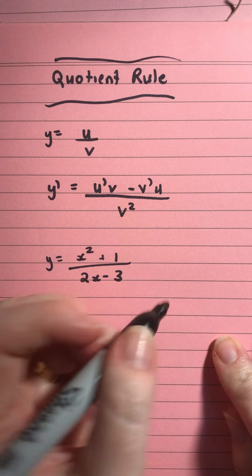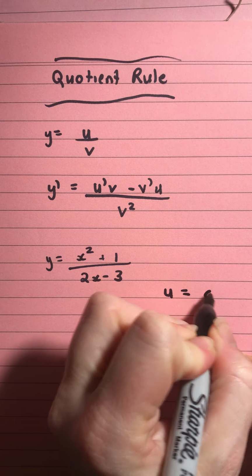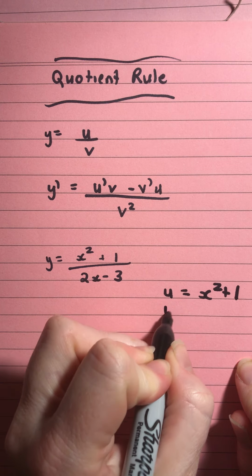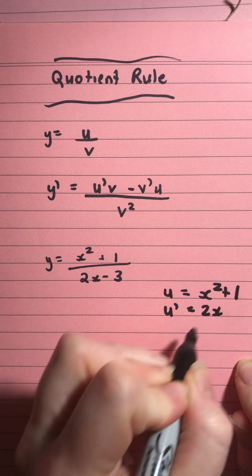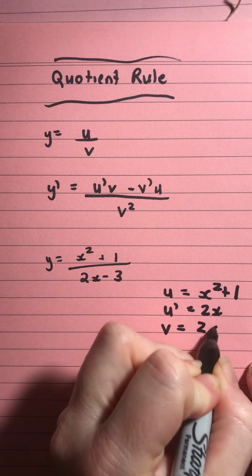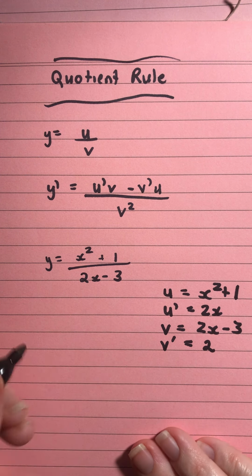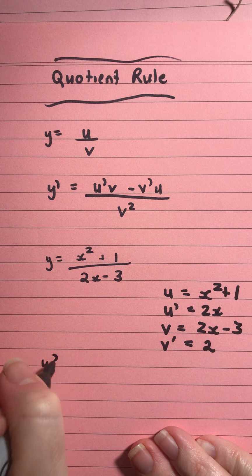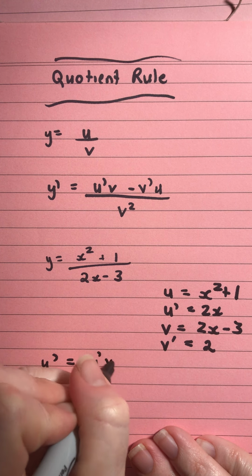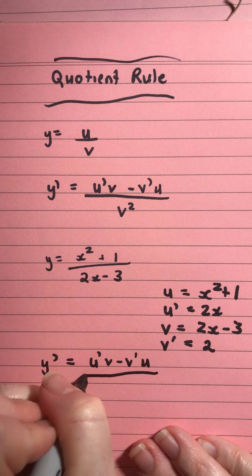So first step, I'm going to write u is equal to x squared plus 1. So my u dash is going to equal 2x. My v is equal to 2x minus 3. So my v dash is going to equal 2. Then I will write that y dash is equal to u dash v minus v dash u over v